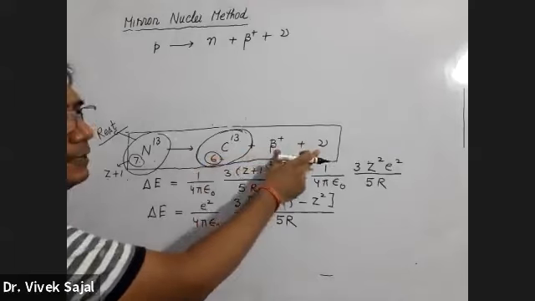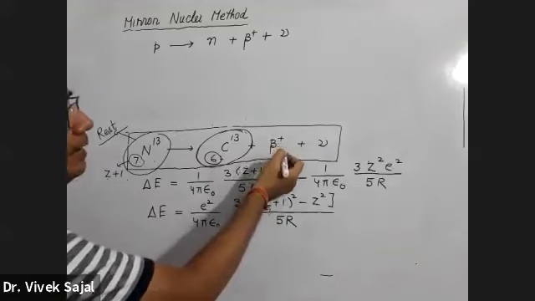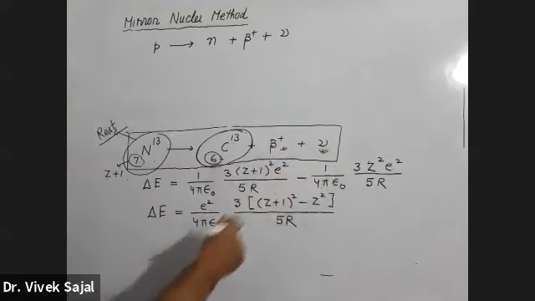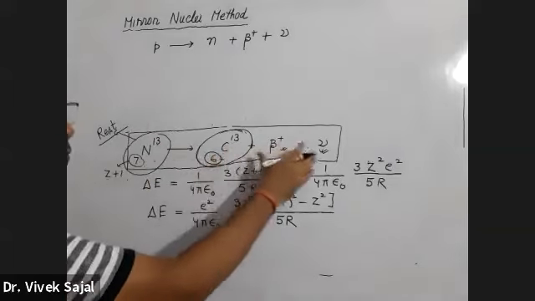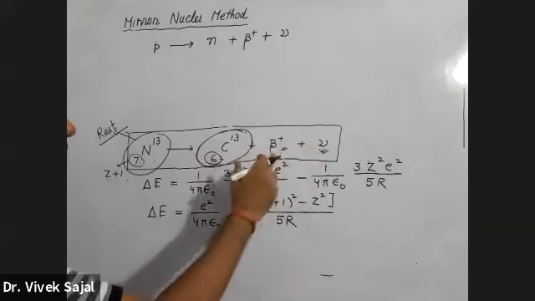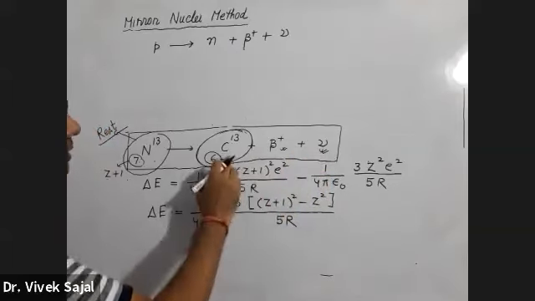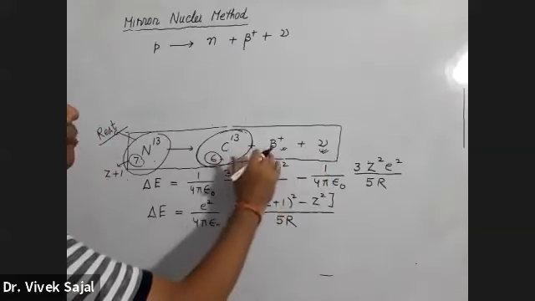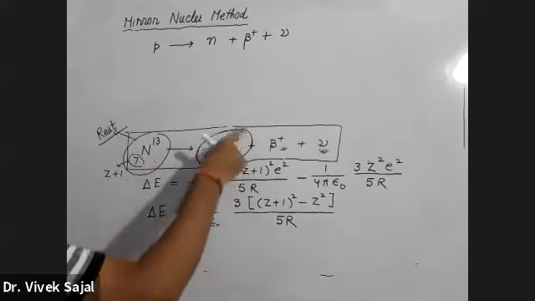Most of the kinetic energy, roughly 99.99% of it, will be carried out by these lighter particles. This is a simple collision problem of classical mechanics. Whatever energy is released will be utilized in two forms. One, in creating mass: this beta particle is created, this nu is created. The rest of the energy will be in the form of kinetic energy of these nuclei, and the kinetic energy of this will be nearly zero.